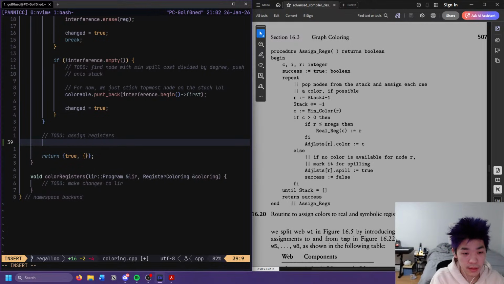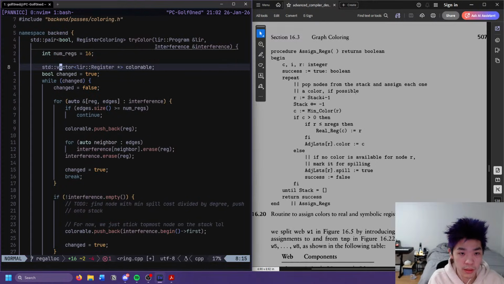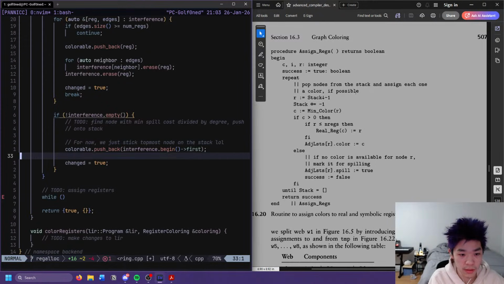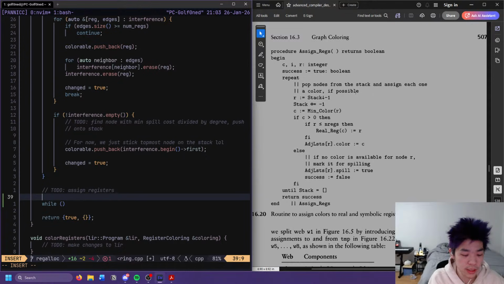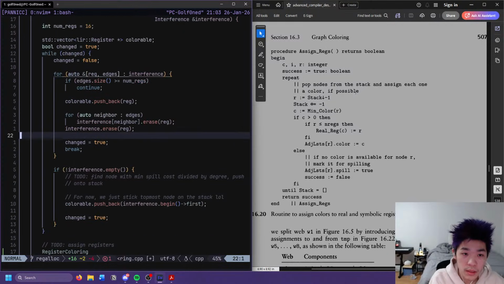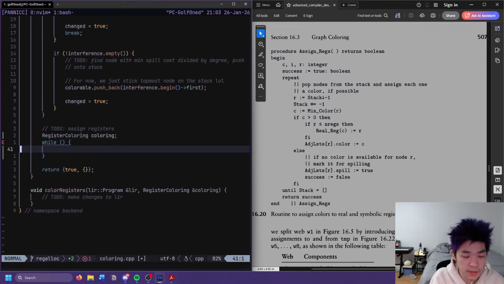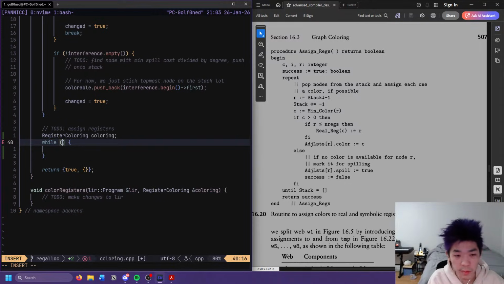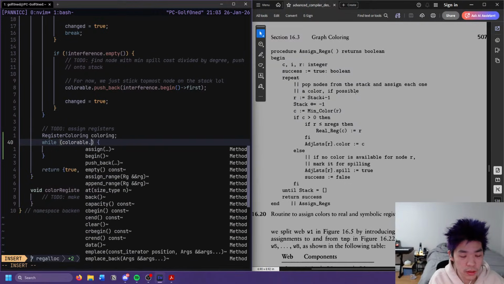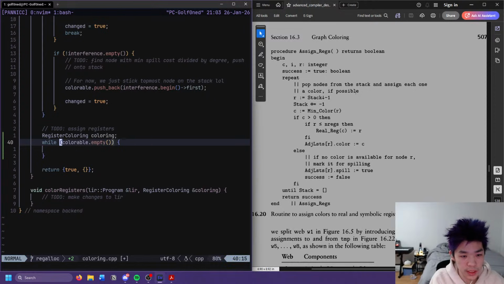So I guess we can just do while. I guess we should probably make the coloring structure. So we could do register coloring. We call it coloring, I guess. Okay, that works. So we want colorable, or not empty at least.